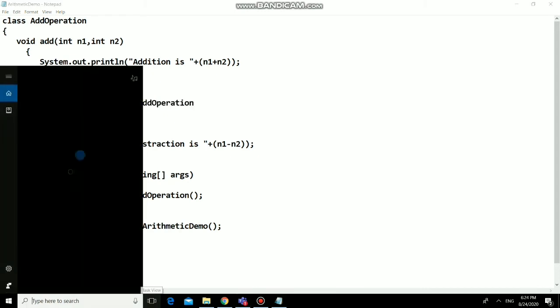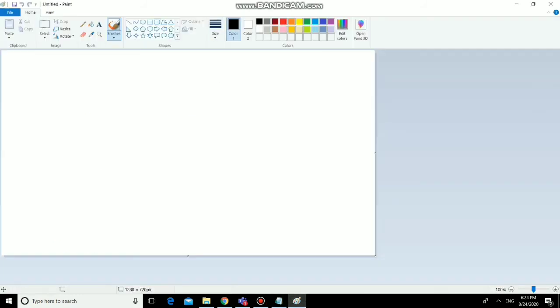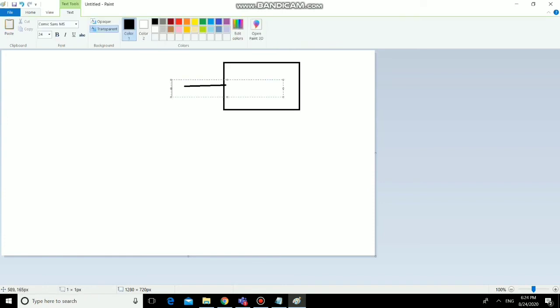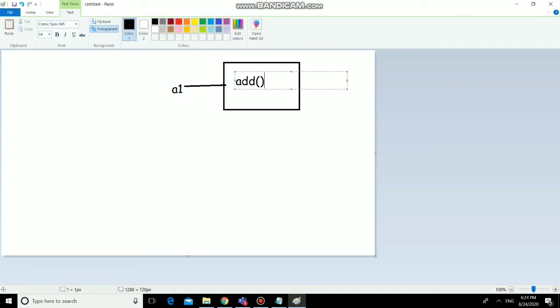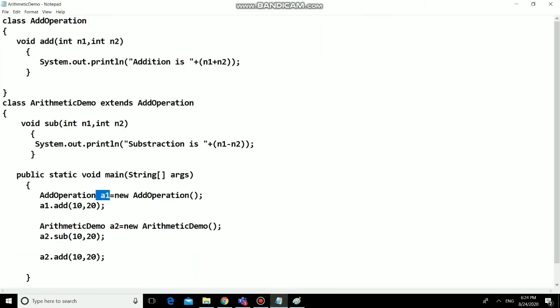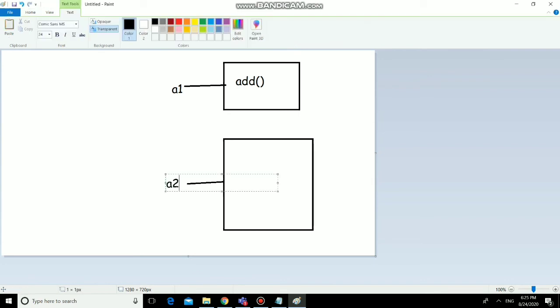Okay, in memory what will happen? See, whenever the object a1 is created, the object will be created like this. The name of the object is a1. It has access to the add method. And whenever a2 is created, this is a2.